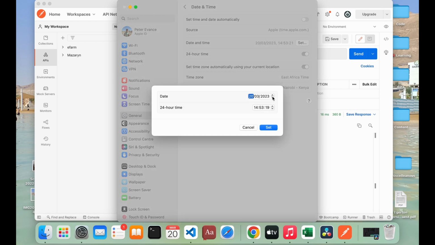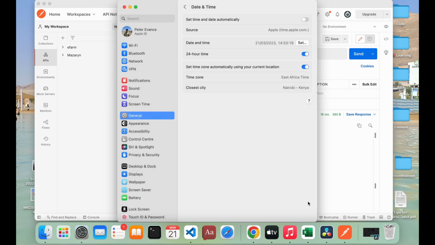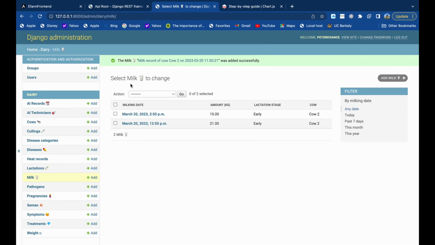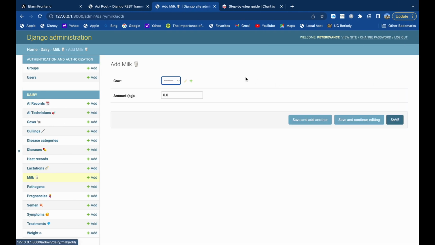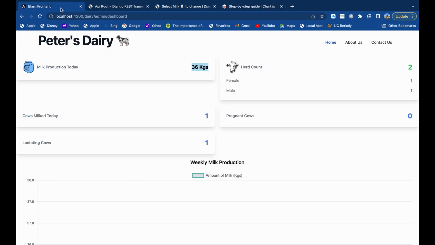Now that today is Monday, if we return it to Sunday, it won't make any sense because Sunday was the other week. So now that we're starting the week today, what I'll simply do is make the date of today 21st, that is tomorrow, and then go and add a new milk record for tomorrow. Then I just make it maybe 19 kilos and save it. So if we come back to